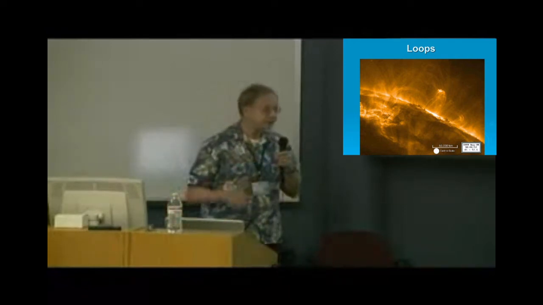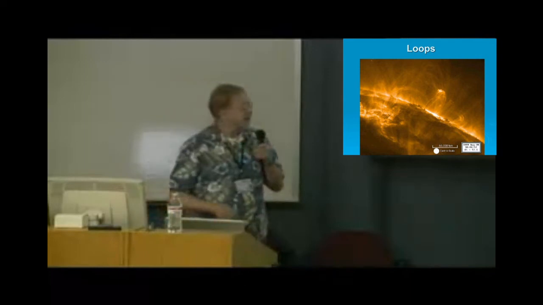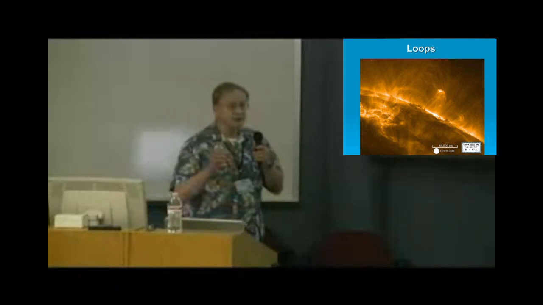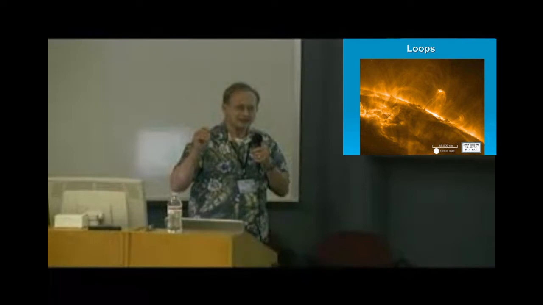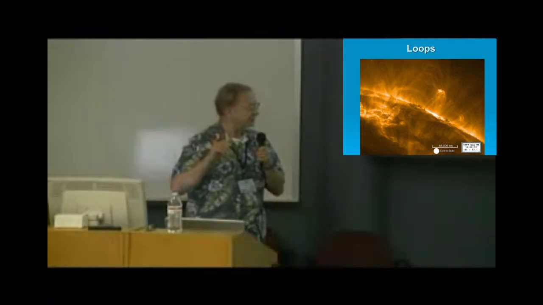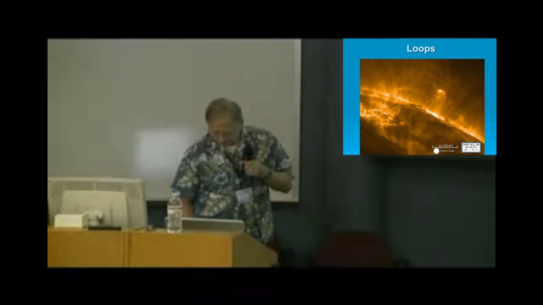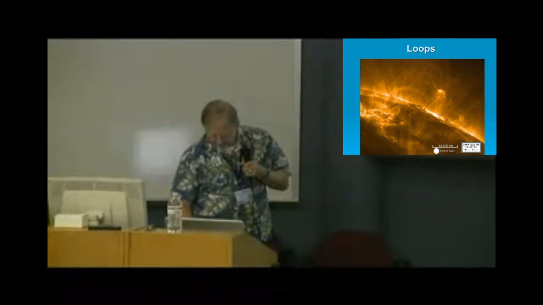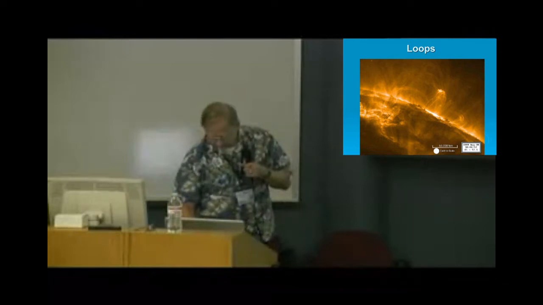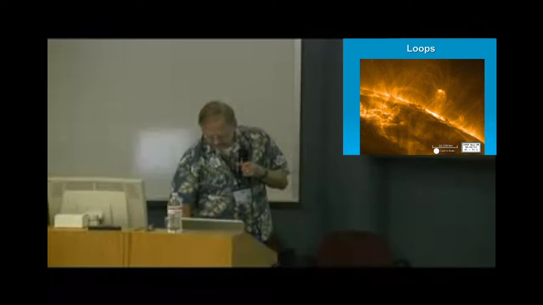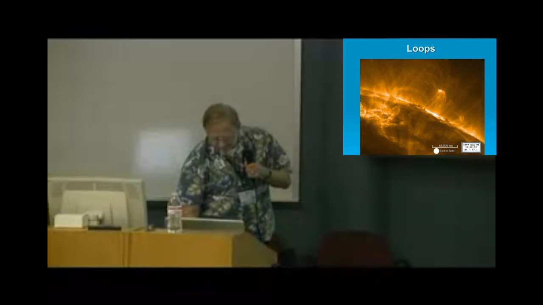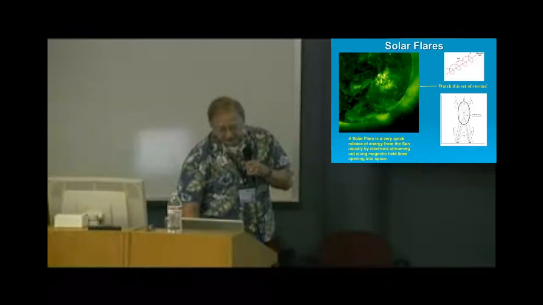And as Baptiste mentioned earlier in his talk, some of the times these loops are going to connect to each other, and the result is a release in magnetic energy. And that release in magnetic energy